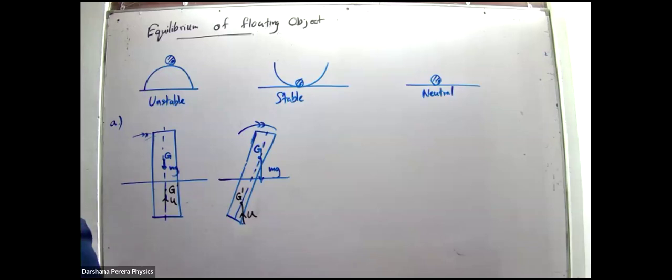center of gravity capital G is above center of buoyancy capital G dash, while floating the object vertically, a small angular displacement creates a force couple, capital U and mg,